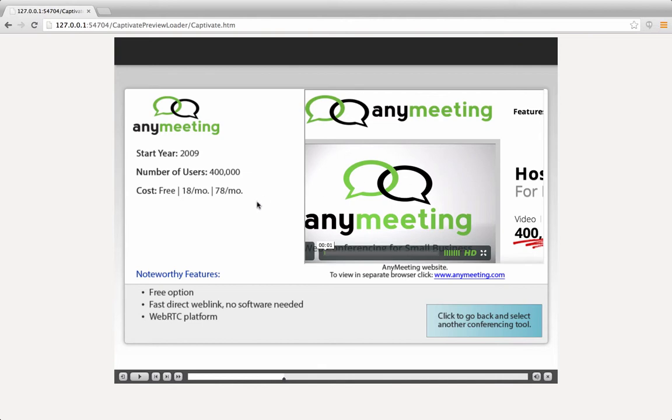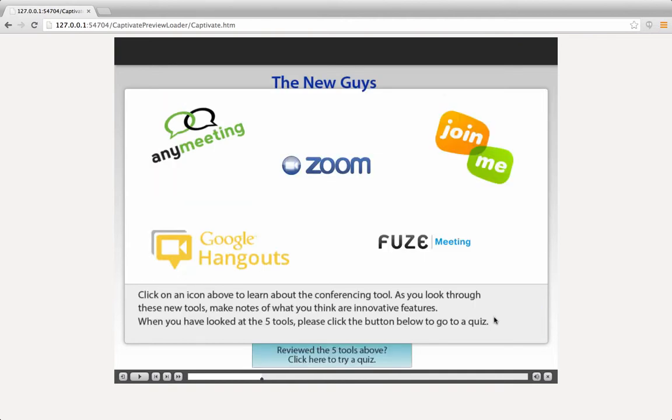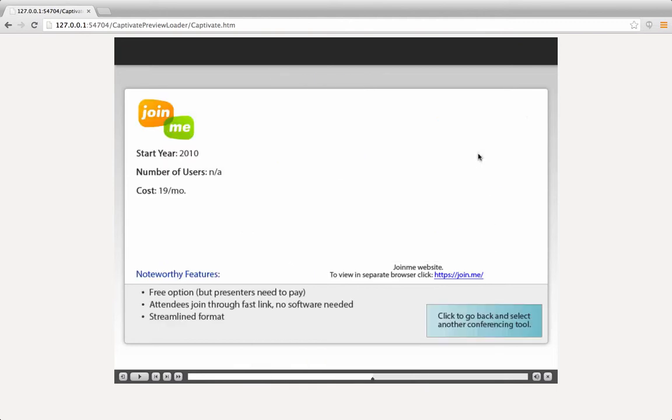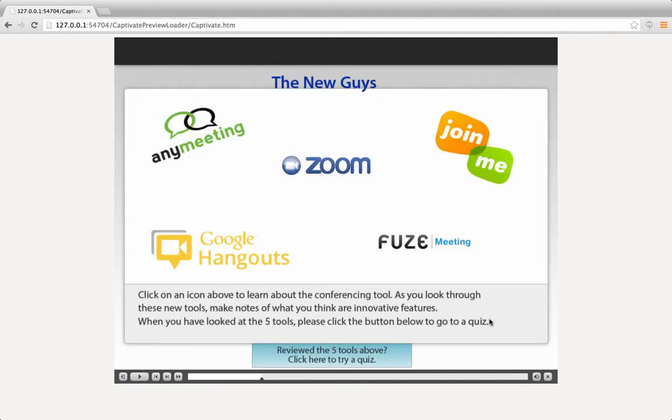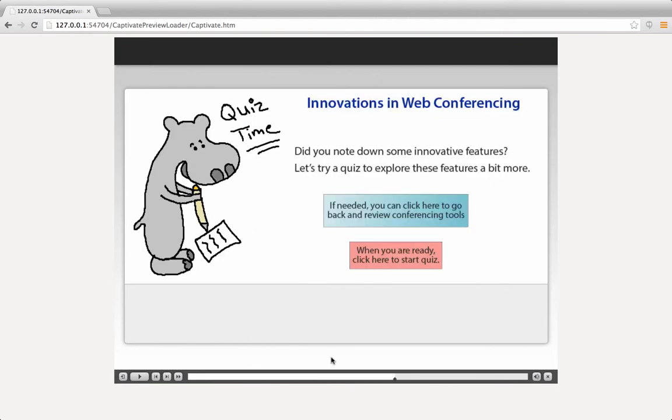So keeping in mind the student's assignment was to find some innovative features within these new tools. Here's some ideas for them, and then they can watch the website. When they're ready, they can go back and look at another tool. And when they've gone through all the tools, then they can click here to try a quiz. So we can see here how this clicking feature to redirect to different areas in your project can be very useful. So here's the quiz page,